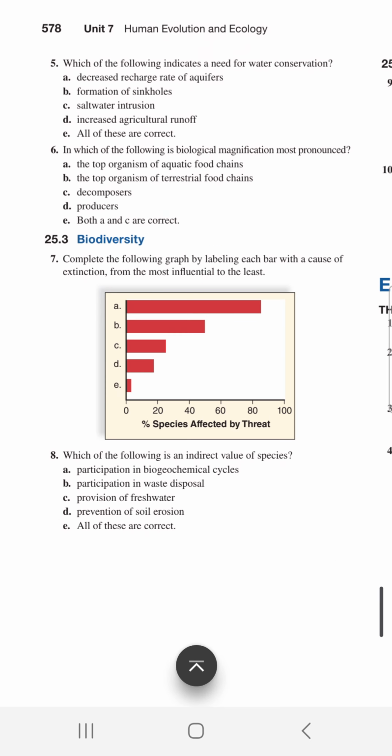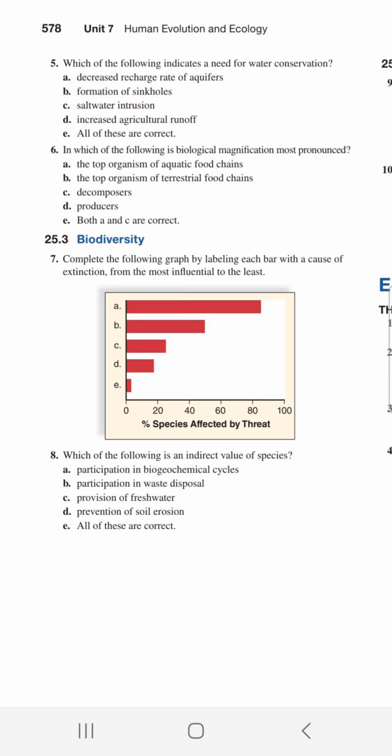Question number 5. Which of the following indicates a need for water conservation? So I want a reason why to conserve water, other than the ethical reason; these are the environmental or biological reasons. Decreased recharge rate of aquifers. So we know that aquifers are the water supplies that supply a well. They're basically like groundwater supplies. So if these do not return to their original water level after some time,